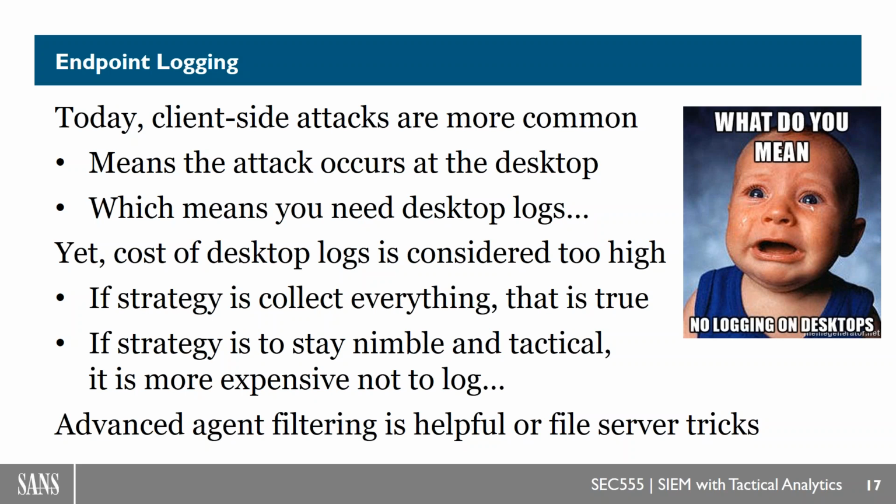So instead of logging everything, which we don't want to do, that's way too much information, we want to start looking for actionable intelligence, actionable attacks that are indicative of adversary type of attack. And we can have agents that can help us to filter out the information from the endpoint before we send it over to our SIEM, so that we're only looking for this tactical evidence of information that we know is evil, or that we believe to be evil.